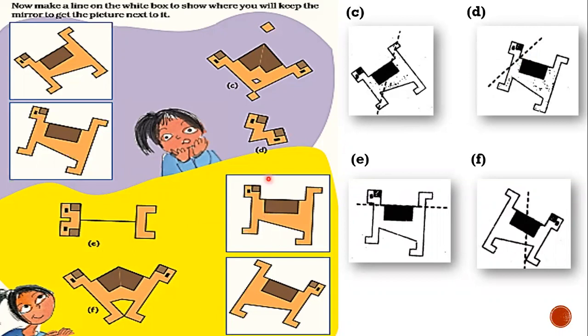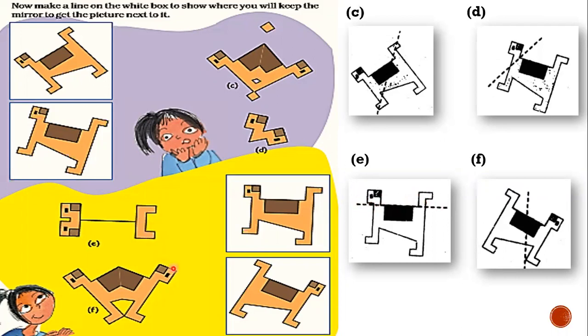consider E. This is the figure of the dog, and we want to get the mirror reflection like this. So in what way do we have to keep the mirror? That is the question. And here, only the top portion, see here, this part only. We can divide it into two equal halves by this line. Okay, that means this part of the figure. See this part. See here, if we keep the mirror on this line, we will get a mirror reflection like what is given in E.